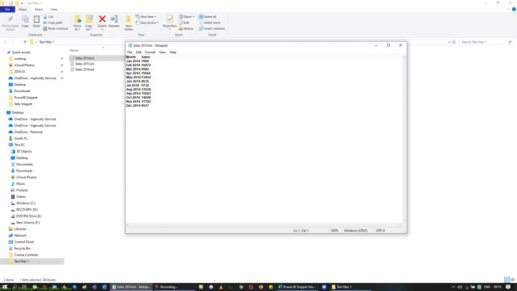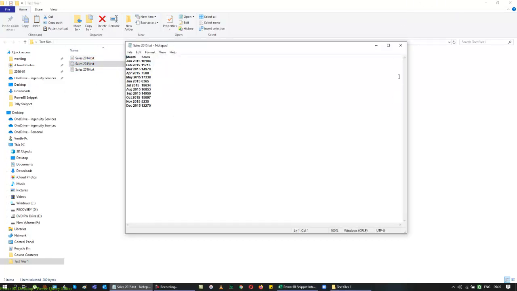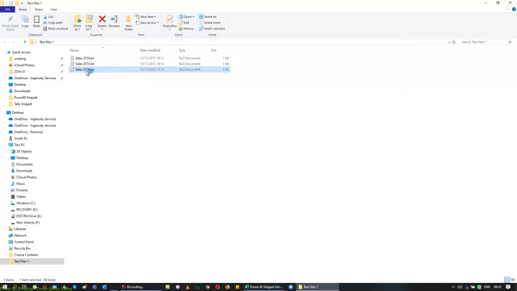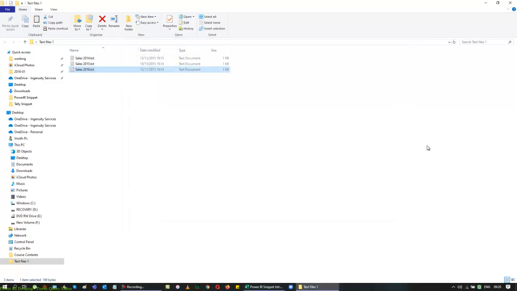The first column is the month and the second is sales for me, and all three data sets are built the same way. Remember, if this is jumbled when you use Power Query or Power Pivot, it's going to be really horrible because your data is going to be in very bad shape. So please remember, when you are importing data, let the data be similar. Don't have an extra column, don't have fewer columns. If the first file has two columns in one particular order, the second, the third, and any number of files that you have should also have the same.